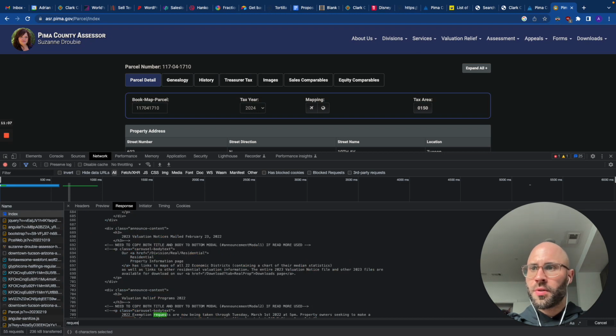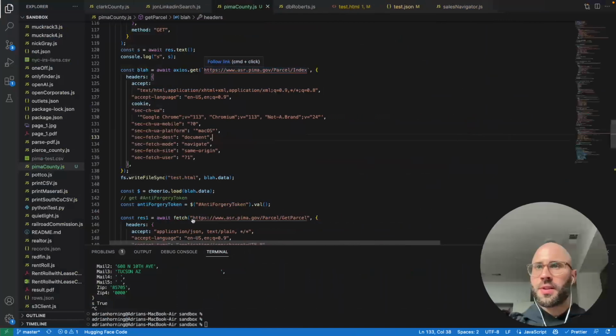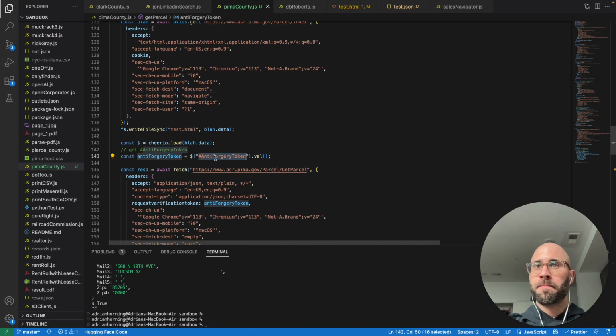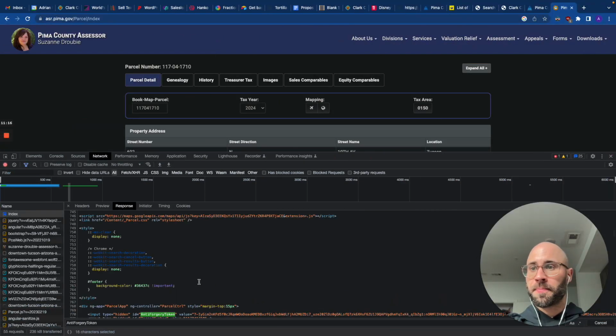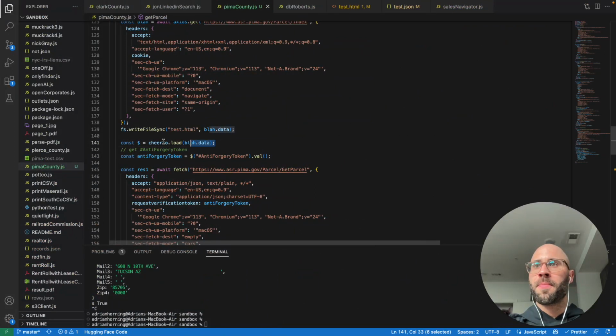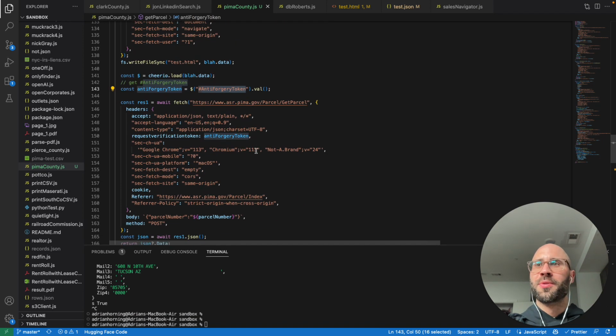So, let's see, what did they call it? Anti-forgery token. So then this HTML gets returned. So you just have to find the ID. So I use Cheerio to parse the HTML and just get the anti-forgery token value